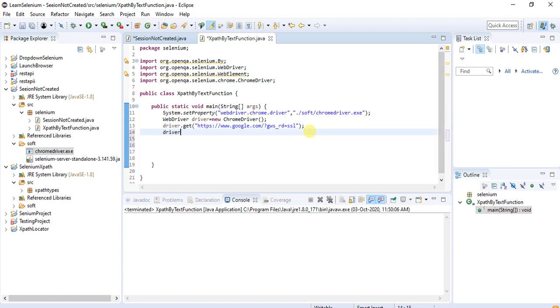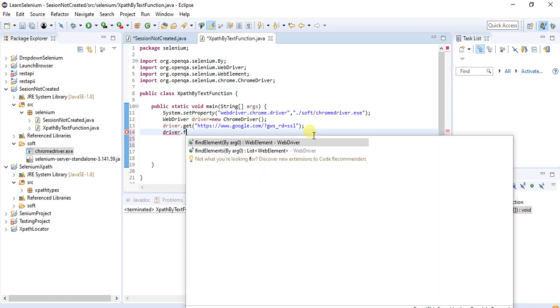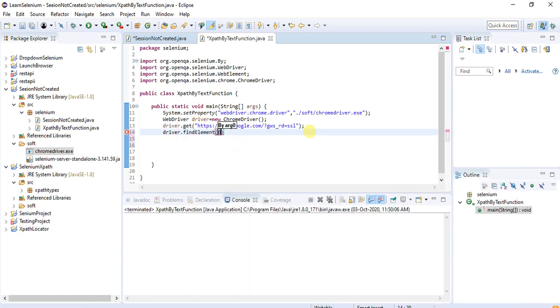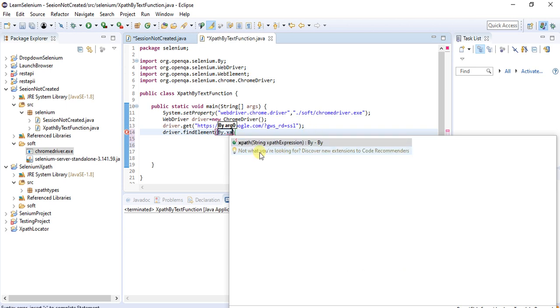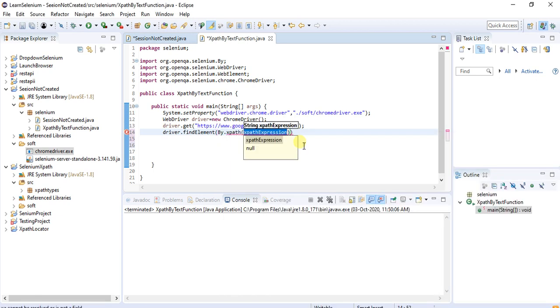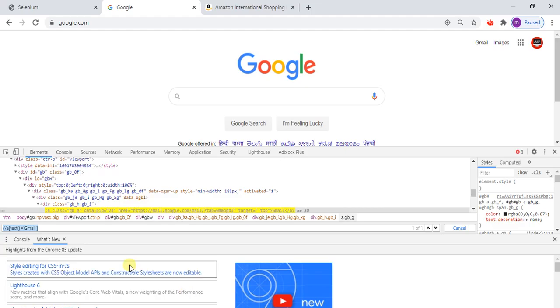driver dot findElement by XPath, with the string XPath expression. Select it. Then I go to the browser where it is working; this is one of one.